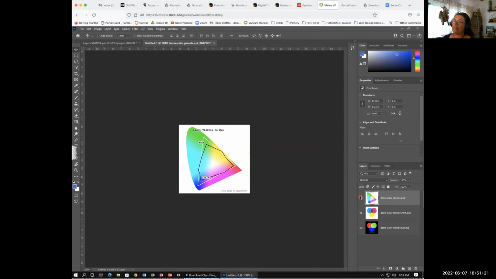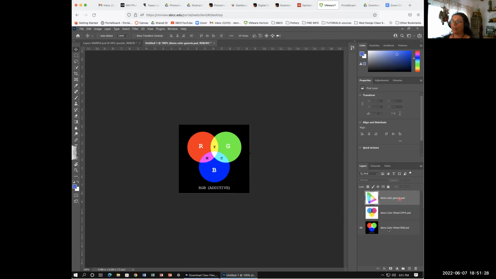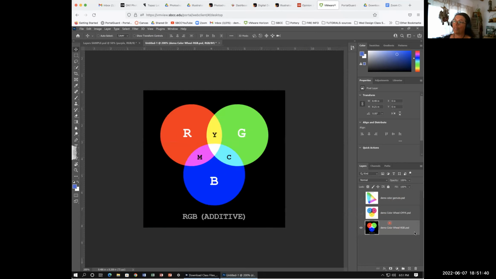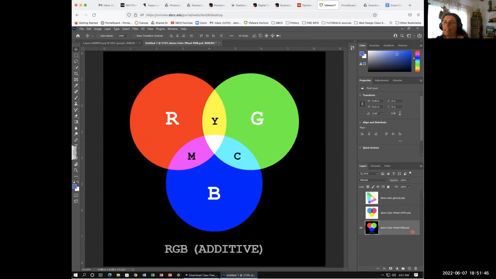But anyway, let's spend a few minutes. Let's turn the eyeballs off of this top one. I don't know if your layers came out in the same order as mine, but let's turn them all off. So I'm not going to say top or bottom. Let's turn off all the eyeballs that have these white backgrounds, and let's see only the one that has the black background, which is the one called color wheel RGB. And I'm filling my screen. And RGB is the kind of